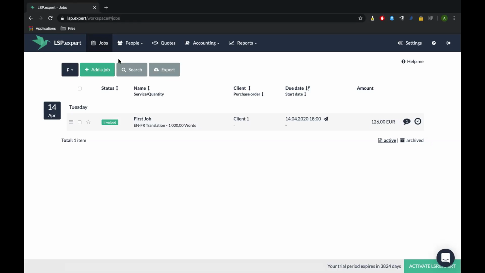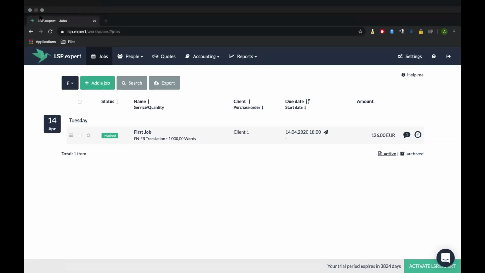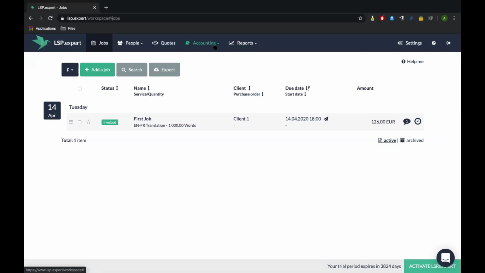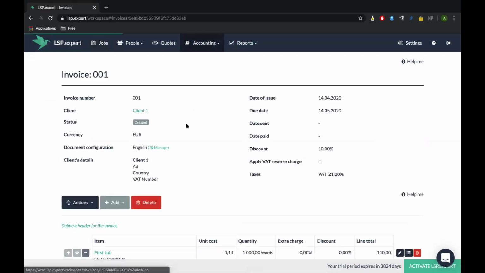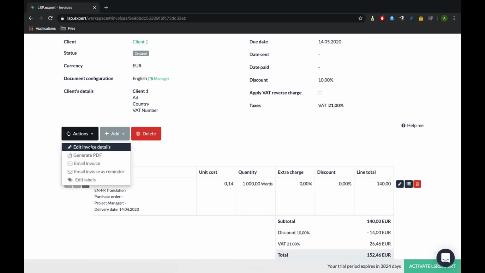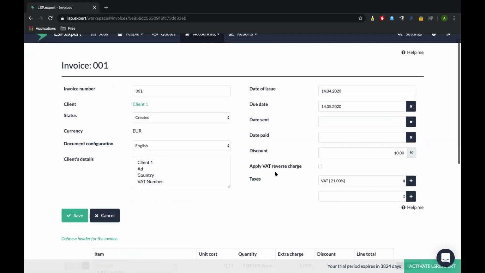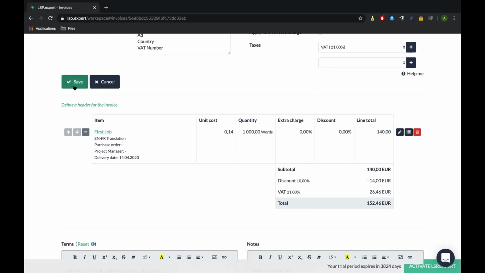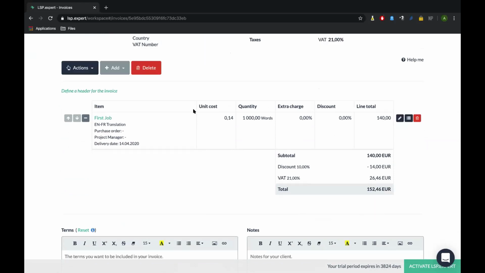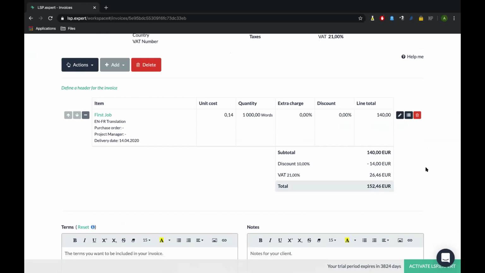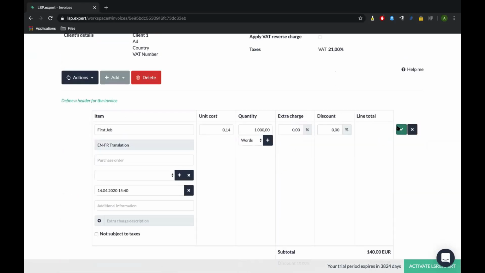Can I see an overview of the amount of words I have planned per day? No, you can't do this right now. And when adding a line, you have to retype the information. So I'm going to show you right now. If I go back to accounting, I have my invoice. I can modify it. Obviously, you shouldn't do that if you have sent it already because it's not legal. But you could update here and maybe add some information.